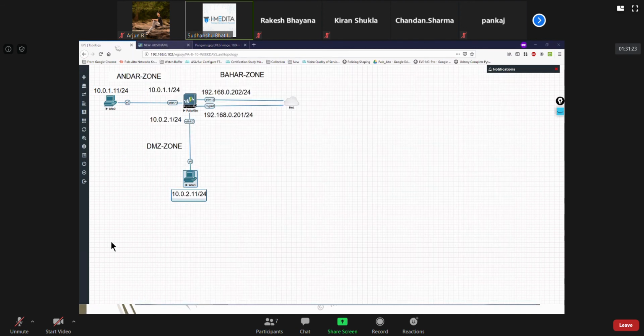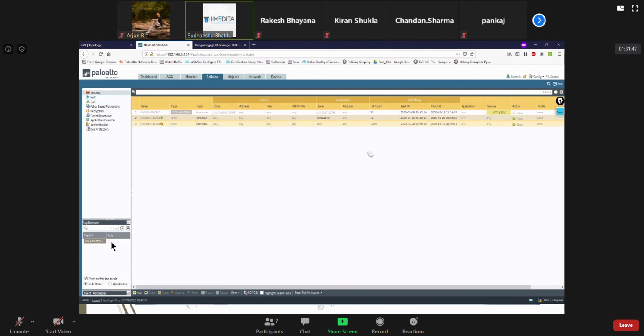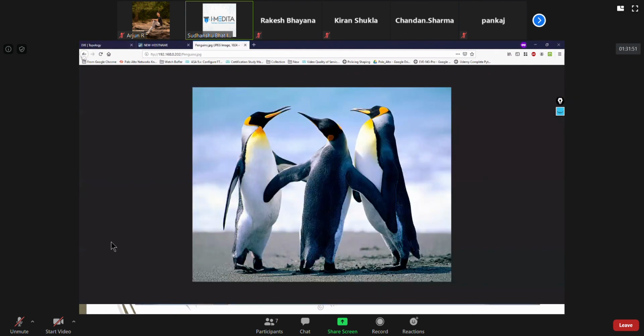Because the firewall here is simply saying whatever you hit on this IP, I'm going to translate you to this. Yes, because we have allowed any services. Security policy wise, we have not made any specific rules. So just like I could access the FTP service, I could even do a remote desktop.